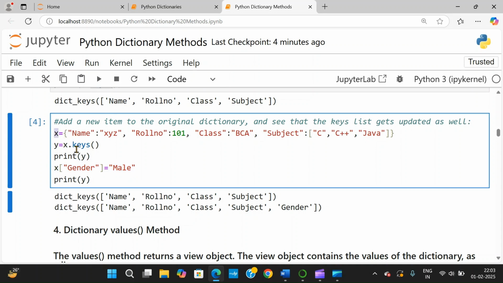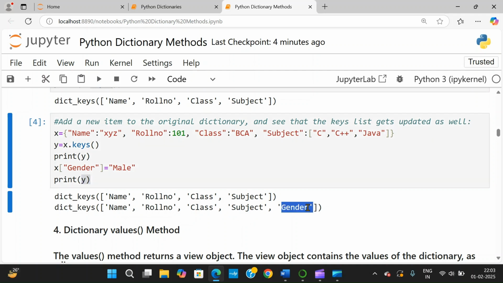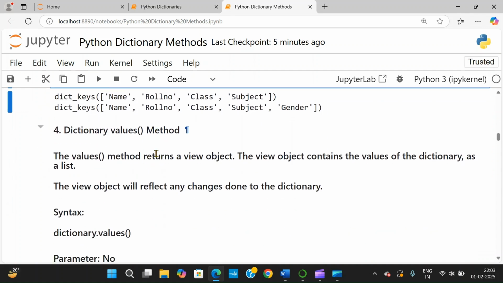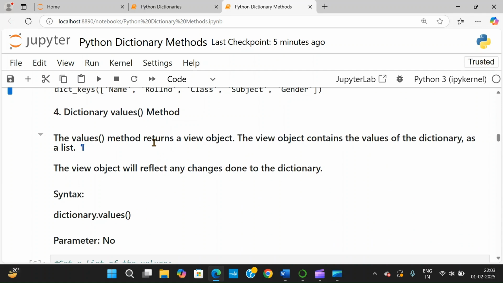Okay, so again, I need not call X dot keys. It automatically, when I print Y for the second time, you get the latest one also. Okay, so any changes you make for the existing dictionary will be reflected automatically in your output. Now similarly, if at all I want to go for values, that means only values I want to retrieve, then you can apply a method called